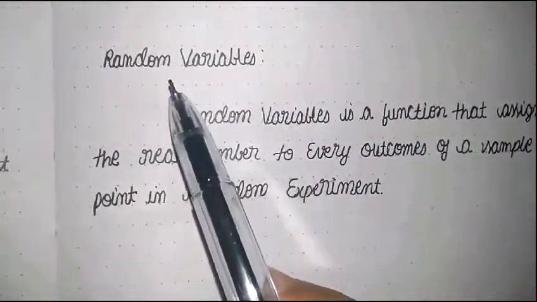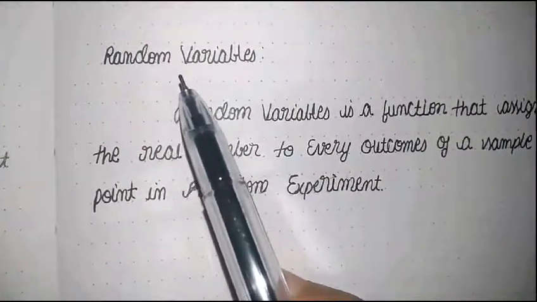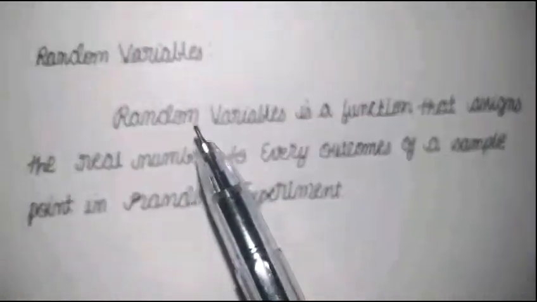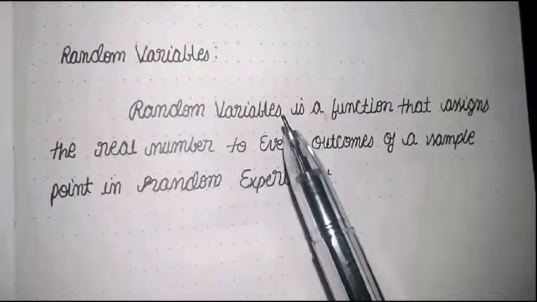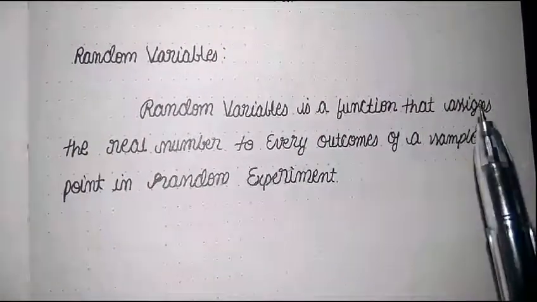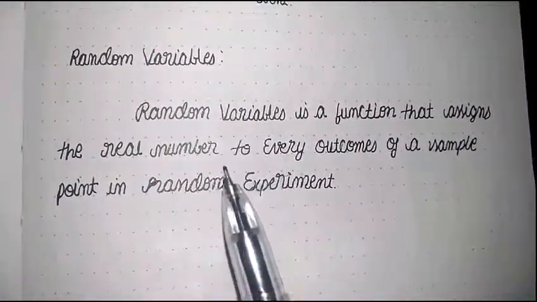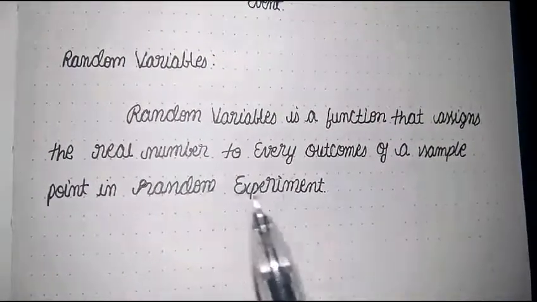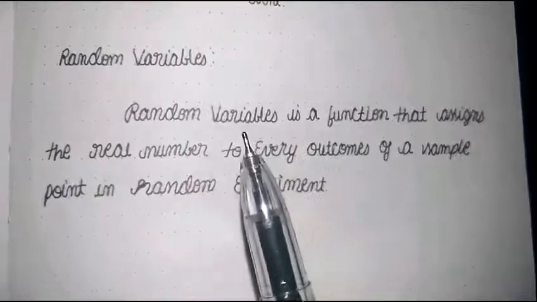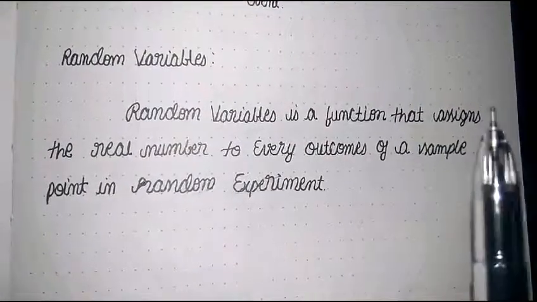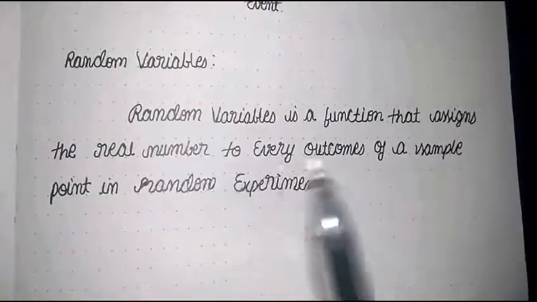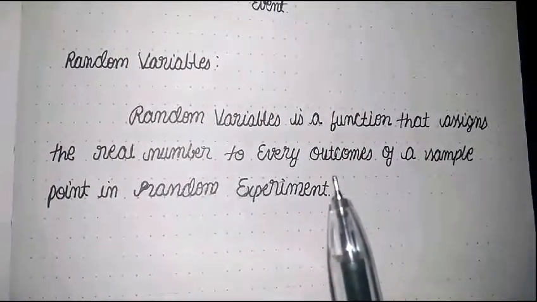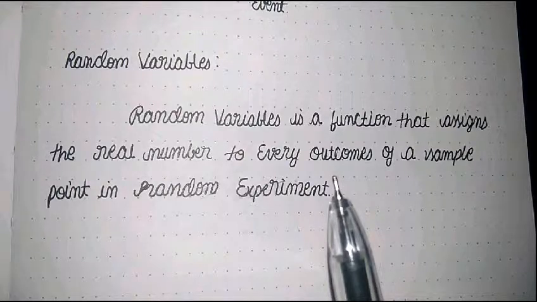Then the question arises, what is the definition of a random variable? A random variable is a function that assigns a real number to every outcome of a sample point in a random experiment. Friends, here you may have seen